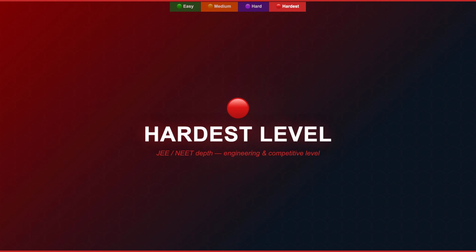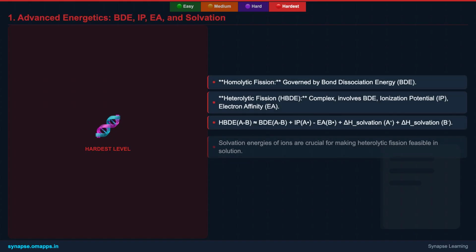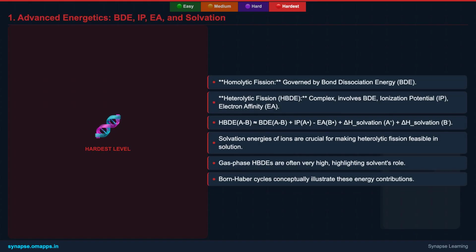We are about to delve into the most challenging aspects, including advanced energetics, quantum perspectives, and real-world applications. At the hardest level, we consider the advanced energetics of bond fission. For homolytic fission, BDE remains central. For heterolytic fission, the heterolytic bond dissociation energy is not just about bond strength, but critically involves the ionization potential of one fragment, the electron affinity of the other, and most importantly, the massive stabilization provided by solvent molecules through